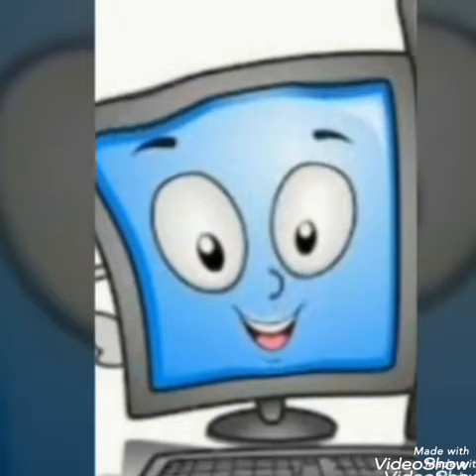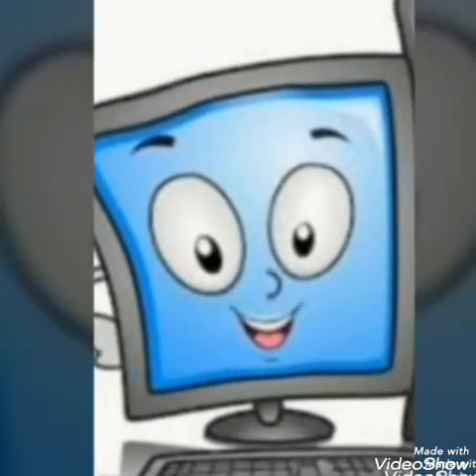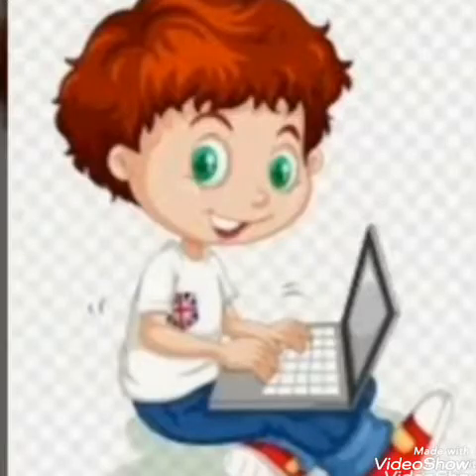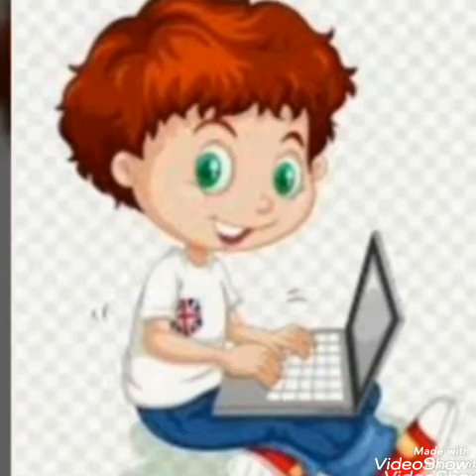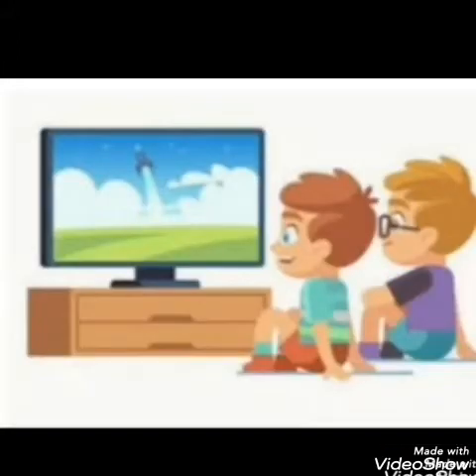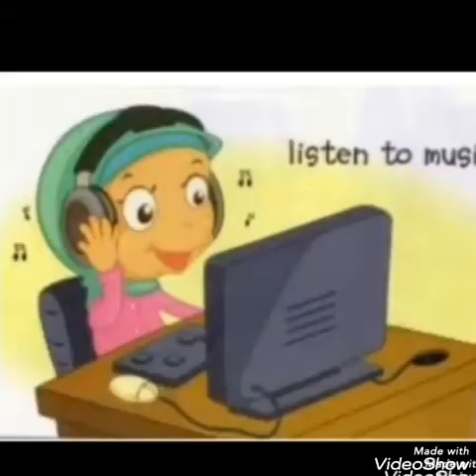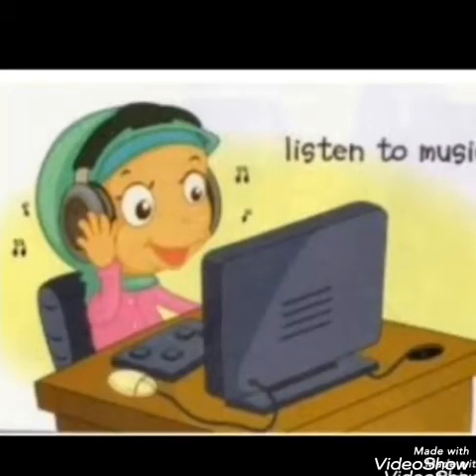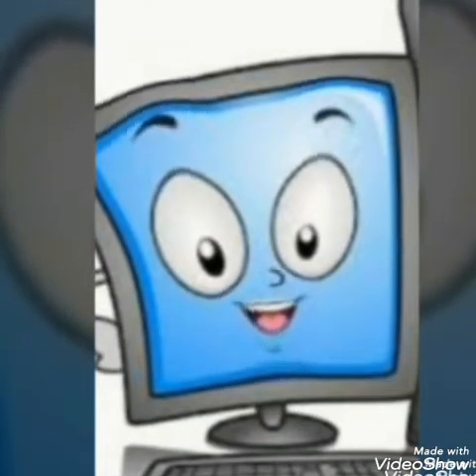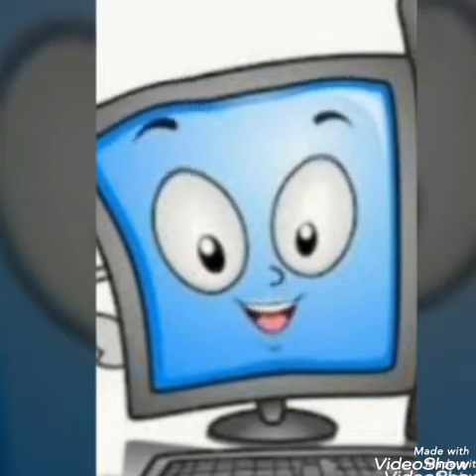Tell me children, do you remember what all you have learnt in standard 1 and 2 in the computers? Yes? Okay. So friends, do you remember you have learned that we can do so many works with the help of computers, like you can type, you can draw and paint, you can watch movies, you can listen to music and many more. And you have also learned that we can do calculations with the help of computer.